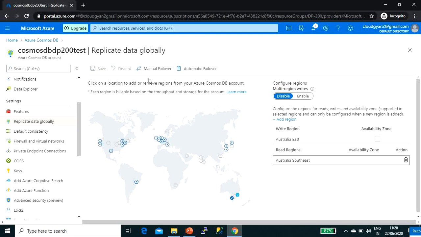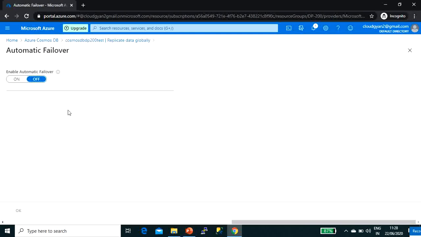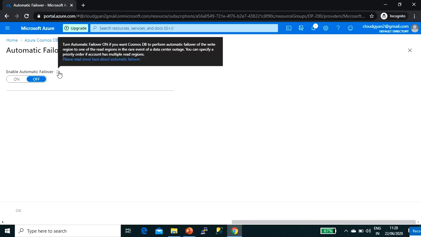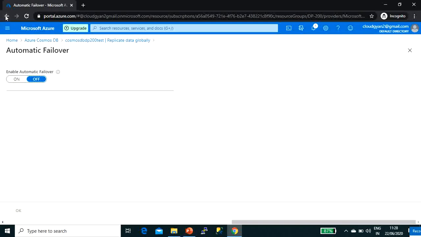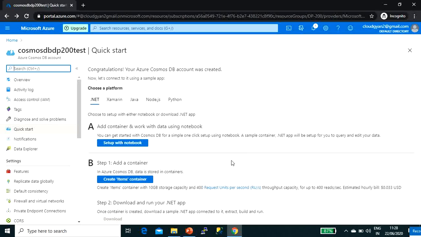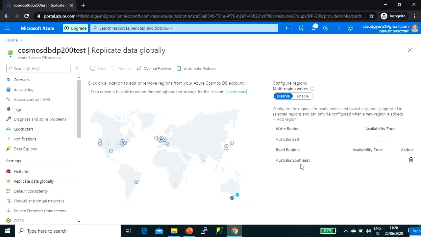Another option is the manual failover and automatic failover. Just click on the automatic failover. You can see it's not currently enabled, so you can enable it. What will happen in this case: for the regions you have chosen for data replication, in case the Australia East region becomes unavailable, this priority that you have set, Australia Southeast, will become the write region as well as the read region.